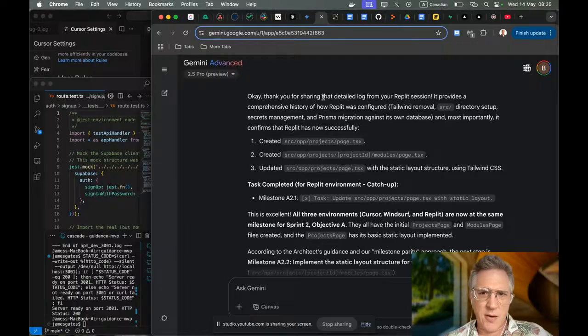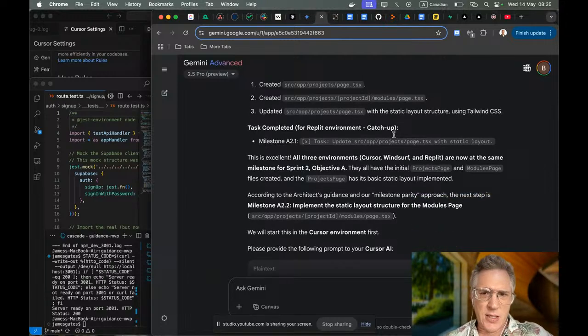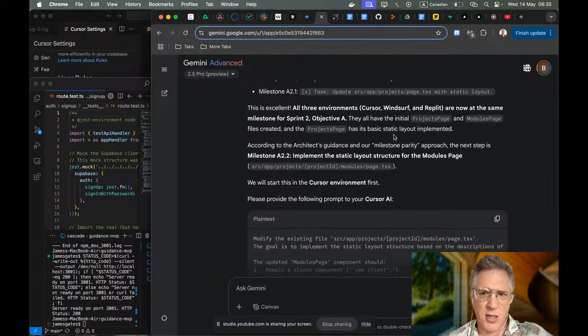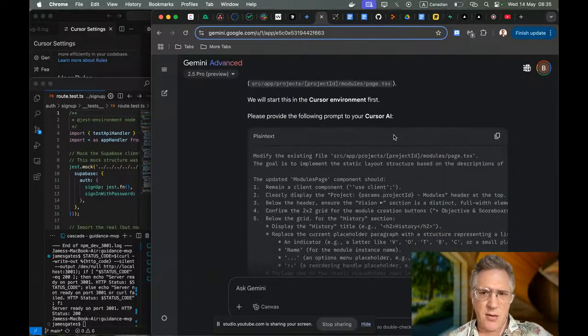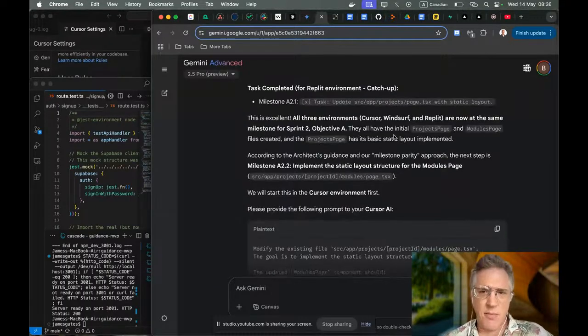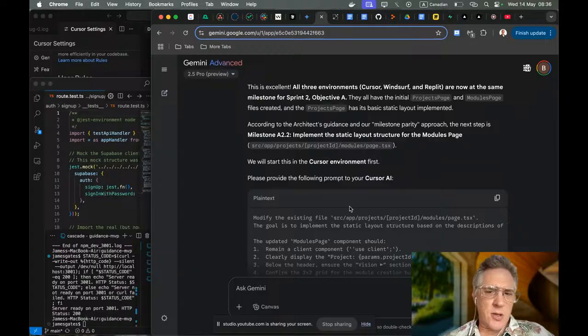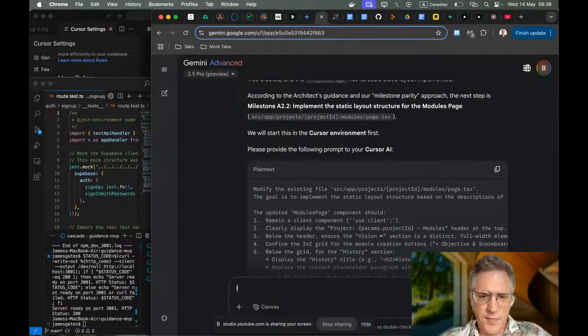Here, so thank you for sharing the detailed log from your Replit session. It provides a comprehensive history of how Replit was configured. So it's actually providing the liaison with much, much more context than before. I think this is the end. Yeah. All right, so I've copied the prompt you provided,